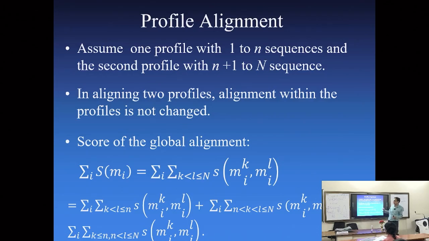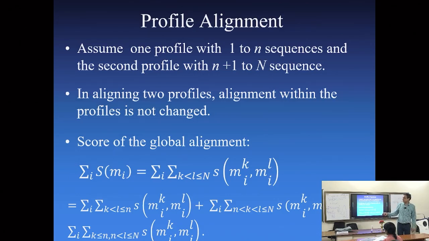The third one is the new one, which is the cross term. This compared with this across the clusters. This compared with this one with this, and so on. Okay. That is the third one. That is the new one. And if you want to maximize the score, you have to maximize the third term, the cross term, right? And identify the lineup of two profiles or two groups of sequences that has the highest value for the third term,